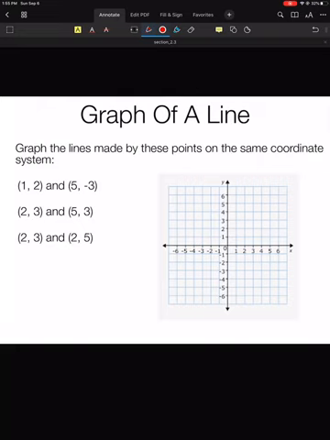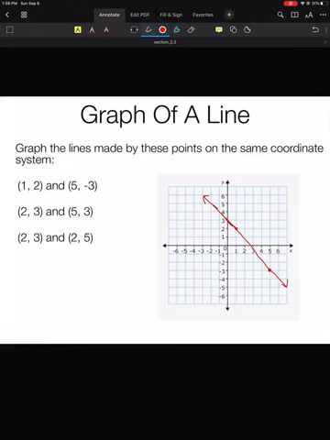So again, as I said in the last video, a line only needs 2 points. 2 points make up a line if I don't know the slope. First line, line 1, I'll do in red. The points are (1, 2) and (5, -3). There. And the line that goes between those points